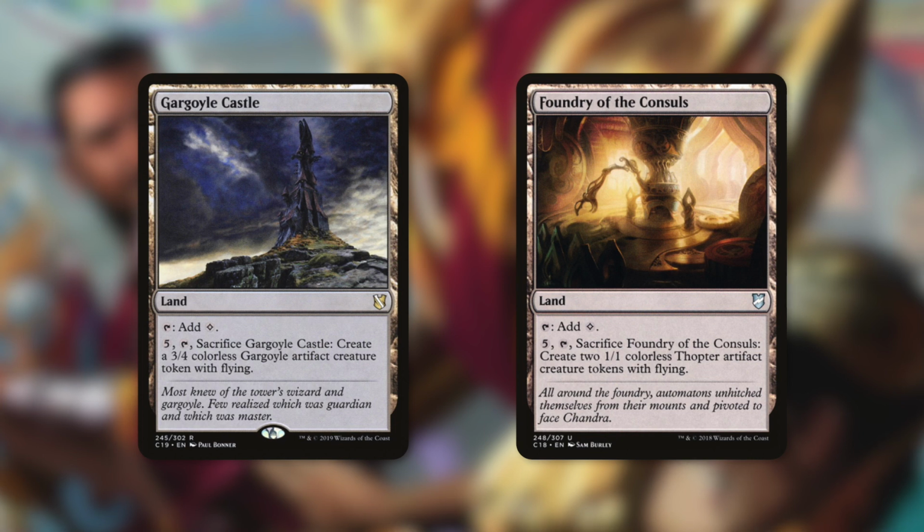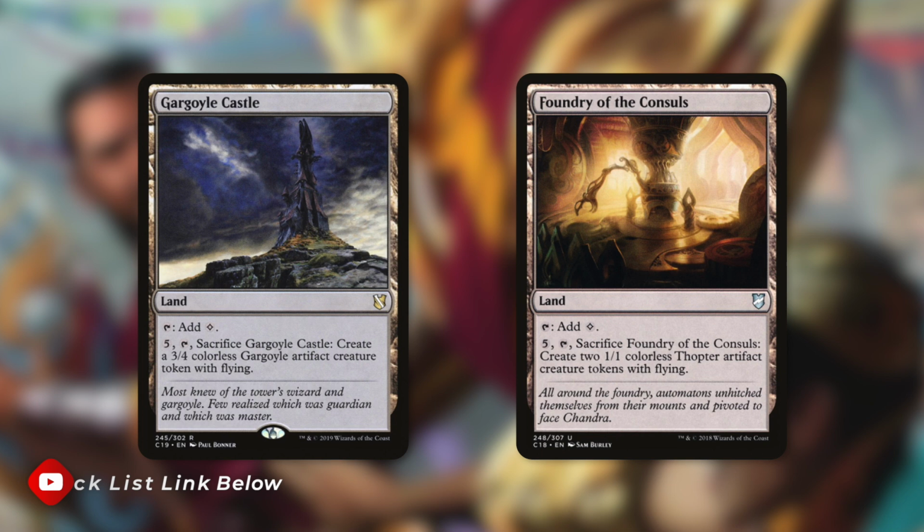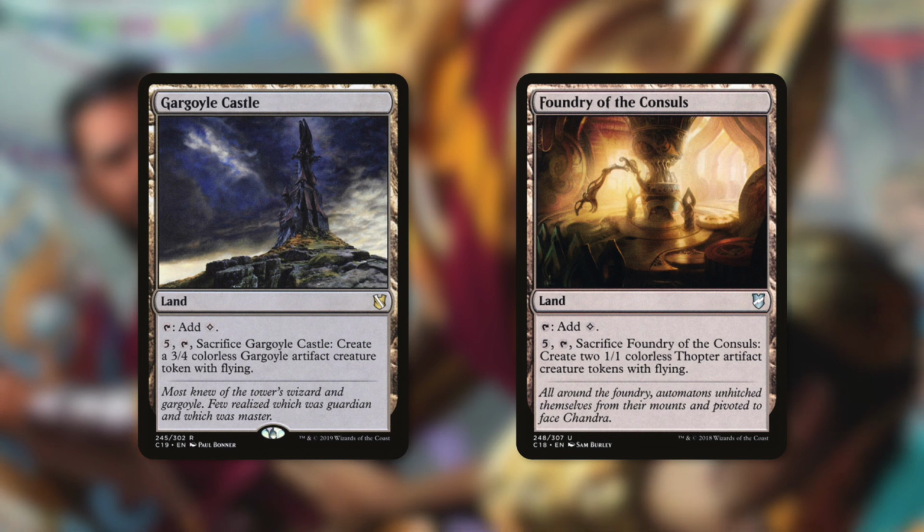By paying 5 and tapping Gargoyle Castle and sacrificing it, we create a 3/4 Gargoyle artifact creature token. And then Foundry of the Consuls can be sacrificed in the same way to give us 2 Thopters. But again, obviously a fantastic ramp spell like Hour of Promise can really help us out and get us whatever land that we need. And speaking of ramp,